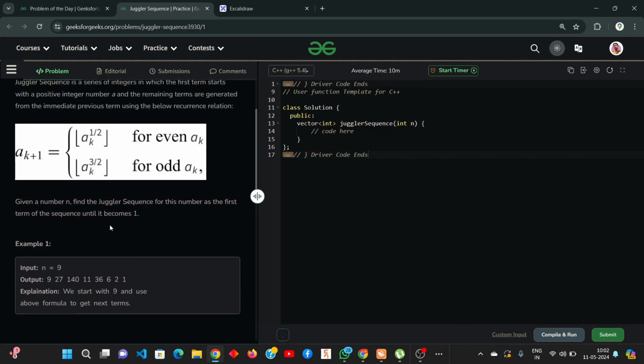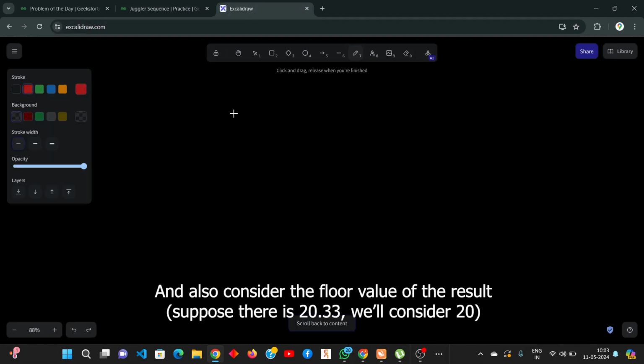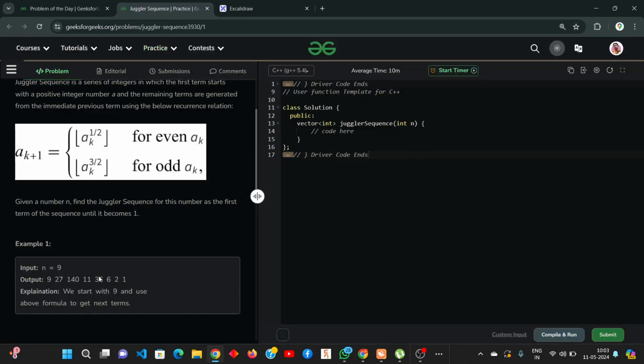Look, they are telling us that if the current position element is k and that element k is odd, then we will raise it to the power 3 by 2. Otherwise, it will be even. If it is even, then we will raise it to the power half and generate a of k plus 1, meaning the next element, right? So let us take an example and suppose n is